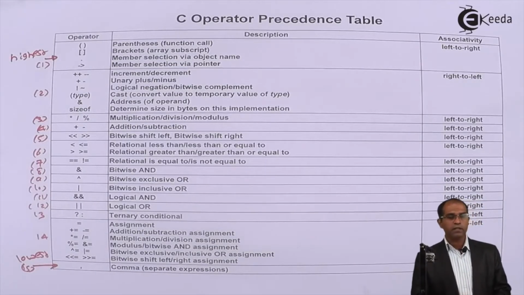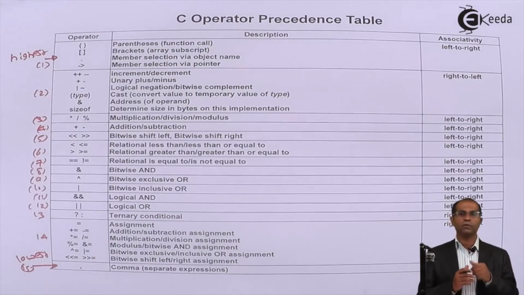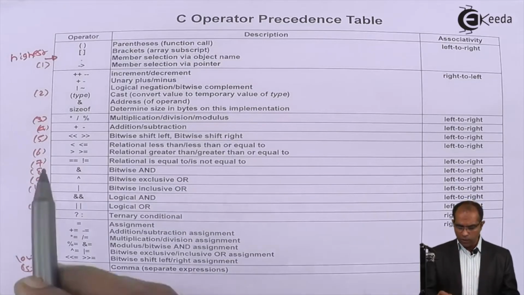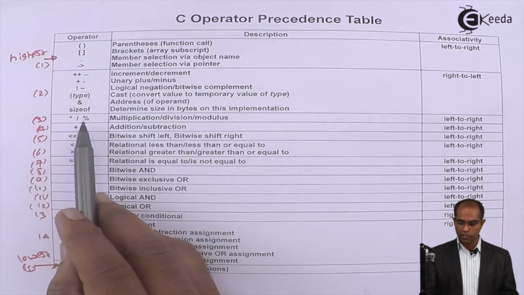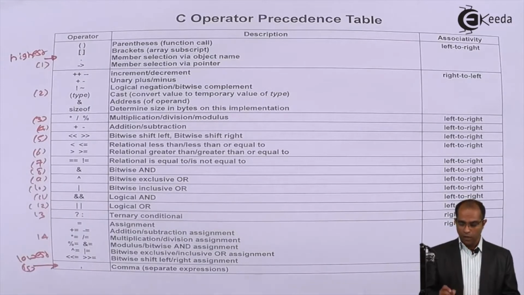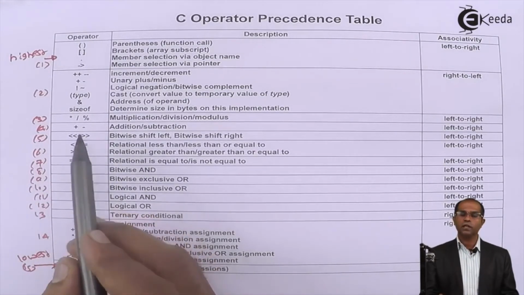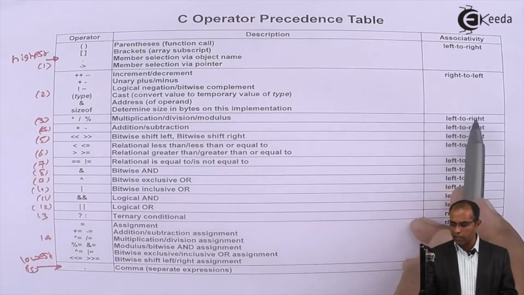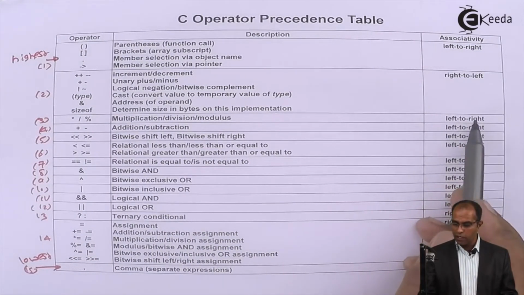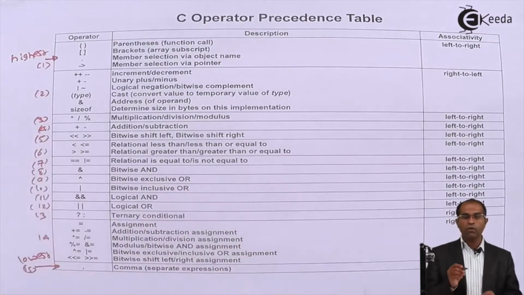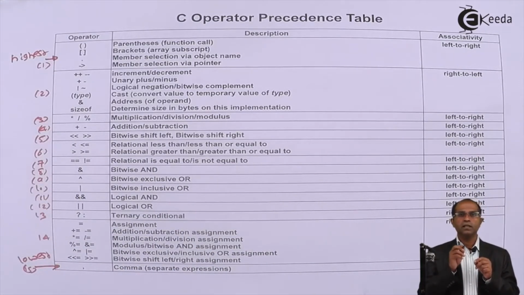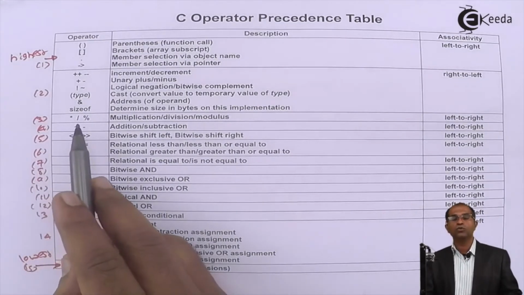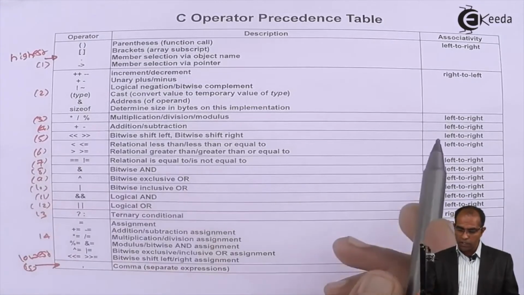The third and fourth sections of operators are the arithmetic operators. In the arithmetic operators, we have asterisk, mod, and slash of equal priority. And then we have plus and minus, which are at the next level of priority. Whenever we have two operators of the same priority, how these operators are to be evaluated is decided by the associativity. The associativity is left to right. Unary operators will always have associativity right to left. We have said this in the previous videos. You can go through those associativity notes. Plus minus is left to right.